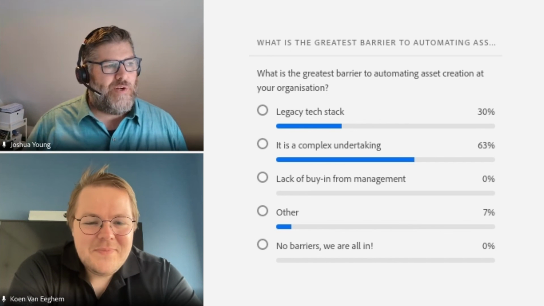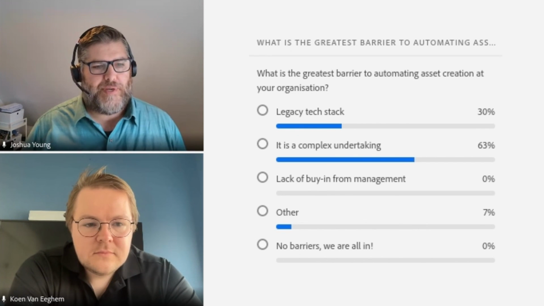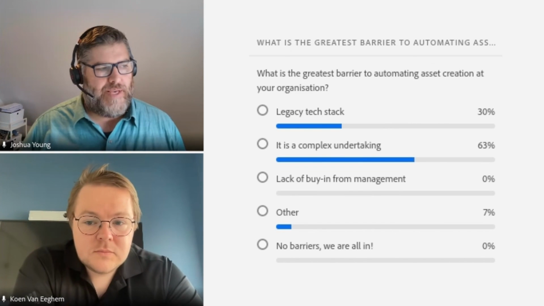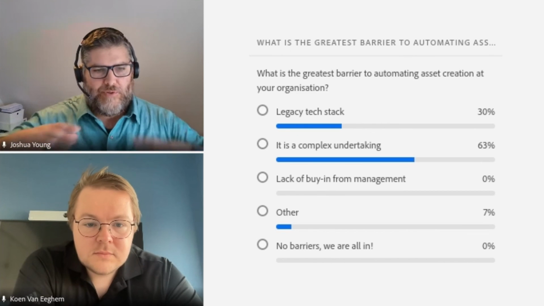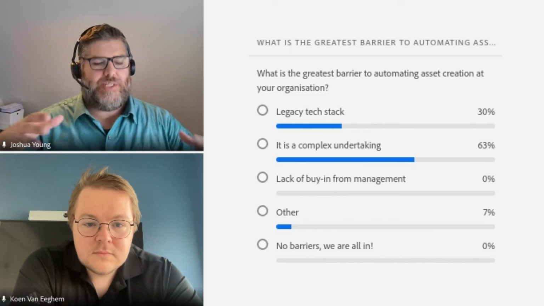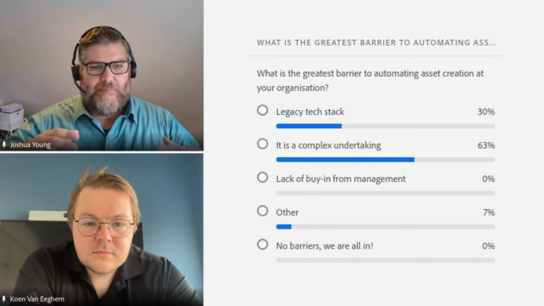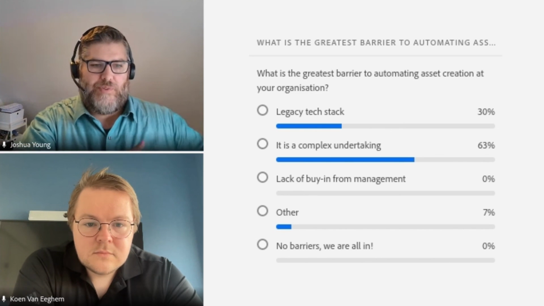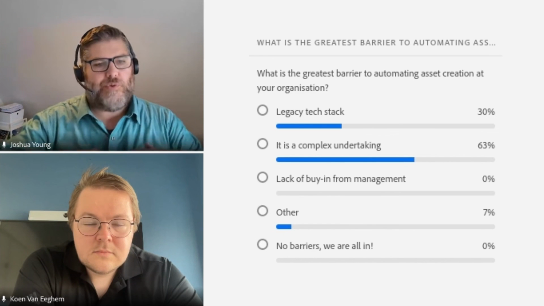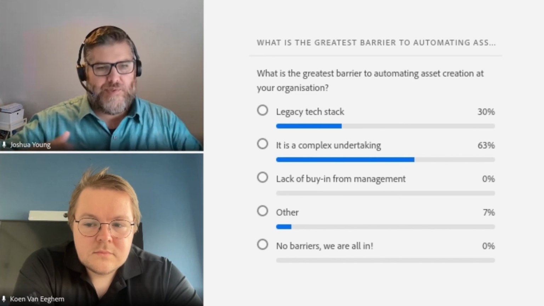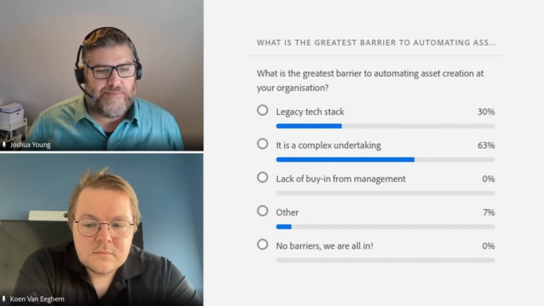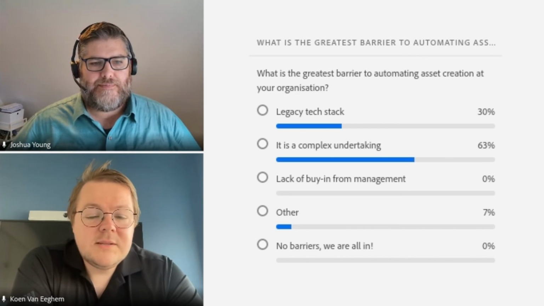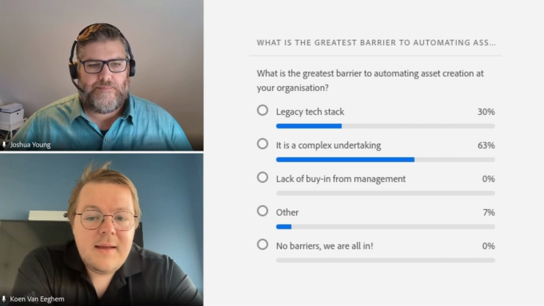I have a question for you, Kun, and what your perspective is. I think watching this demo and some of the other demos that I've seen, AEM Assets has become even more of a backbone to help glue all these things together. Where do you see it sitting within this architecture that also incorporates creative teams working with these creative tools, and how important do you see AEM Assets being in order to make this whole process work well? So for me, and that's how I always explain it when I'm talking with my customers, AEM Assets is